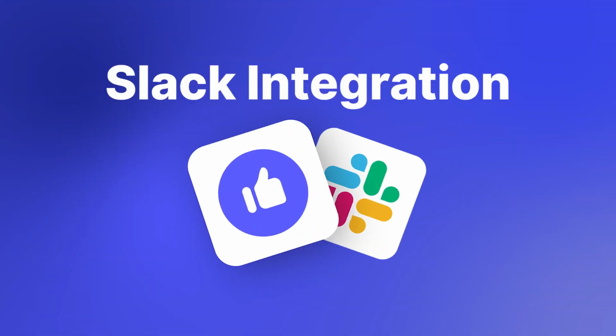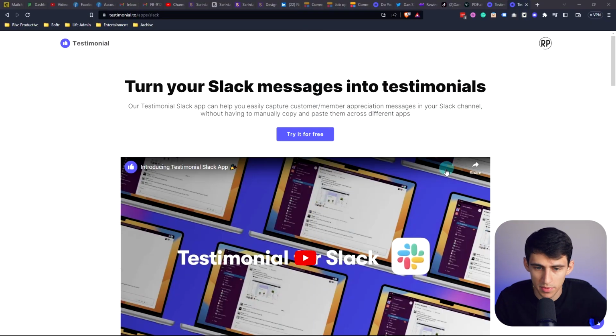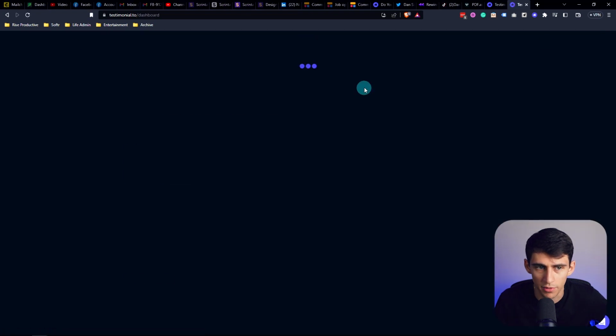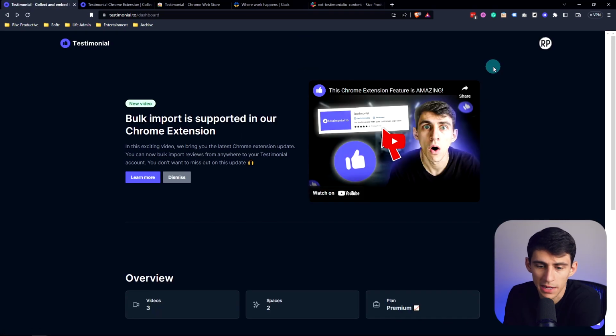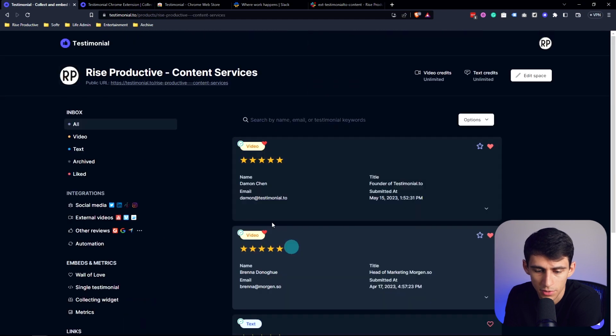You know what I love? Slack. Microsoft Teams ain't got nothing on this, mainly because it doesn't have this amazing integration from Testimonial.to. If you go to Testimonial.to's website, you can see very clearly that there is an ability to try it for free. So in order to integrate with Slack, what you're gonna need to do is go to one of your